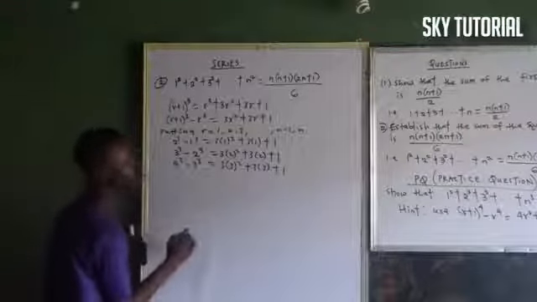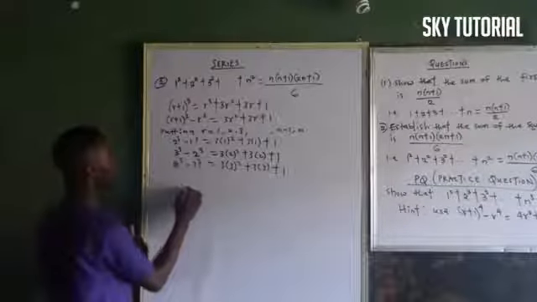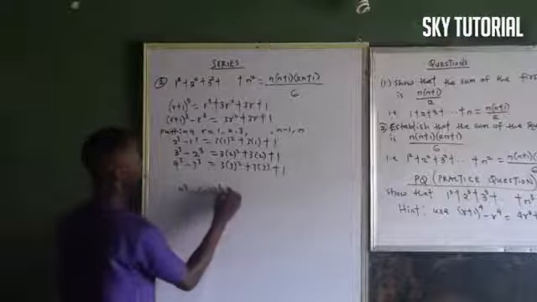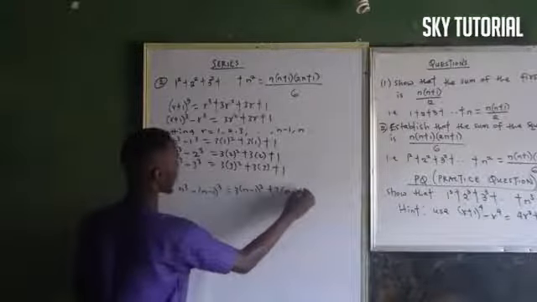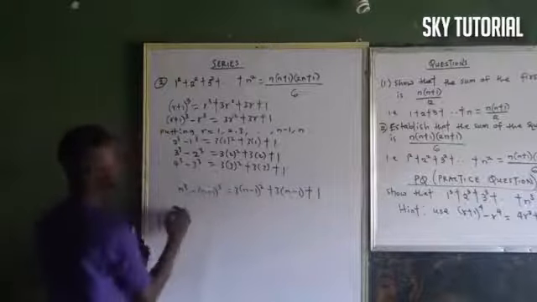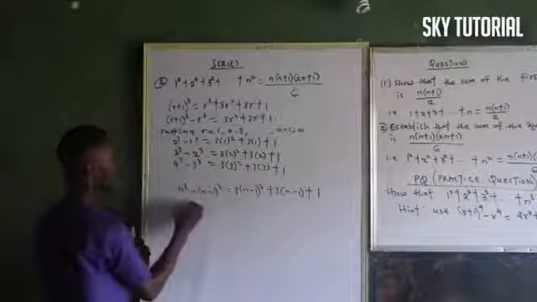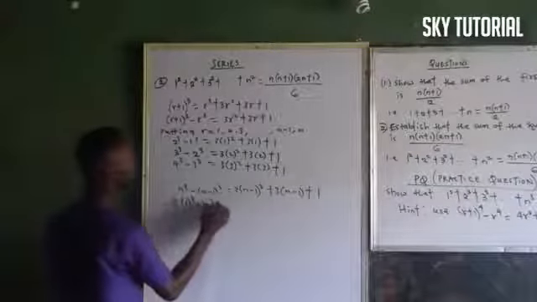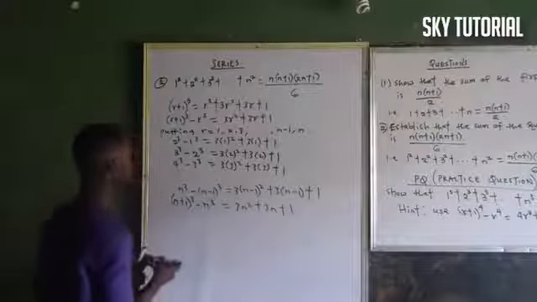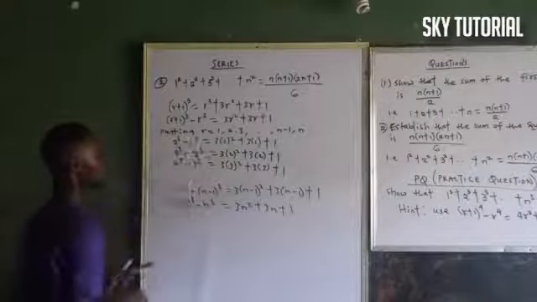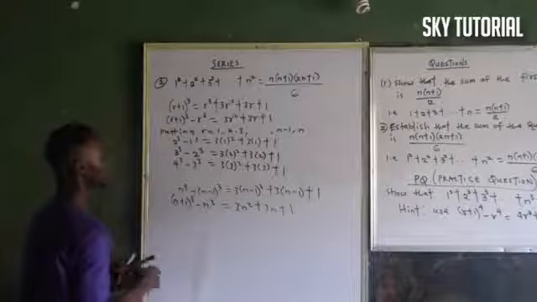and when we put r to be n-1, we are going to have n^3 - (n-1)^3 = 3(n-1)^2 + 3(n-1) + 1. So when we put r to be n, we have (n+1)^3 - n^3 = 3n^2 + 3n + 1. So when we consider the summation of what we have there of these equations,